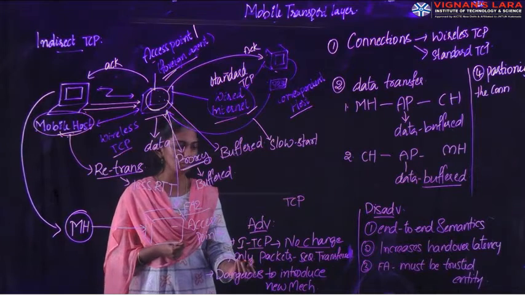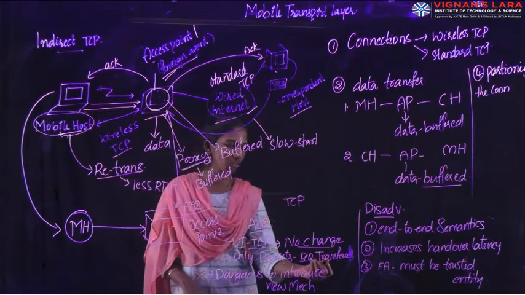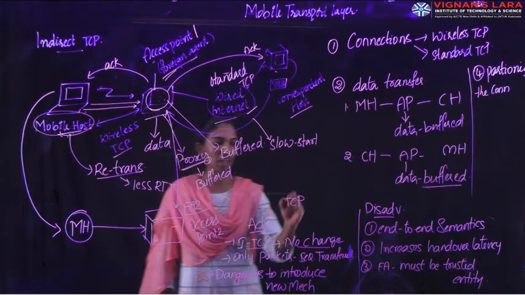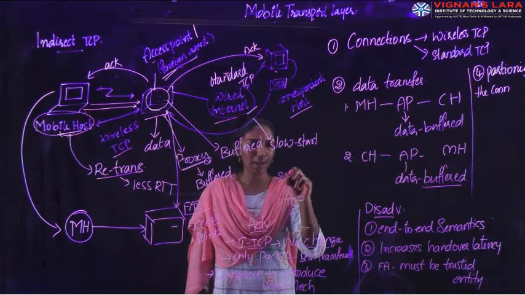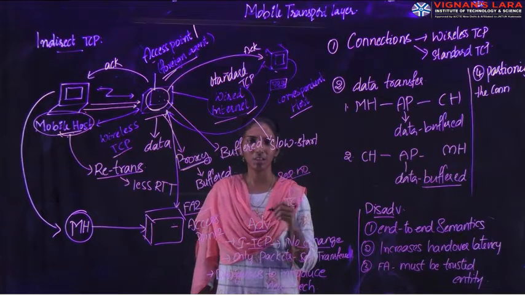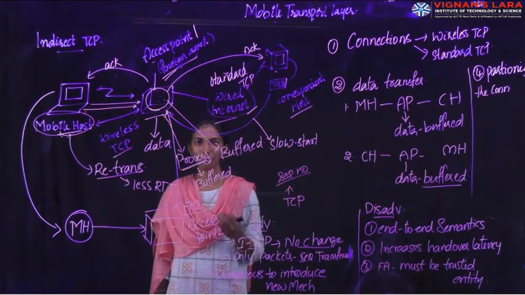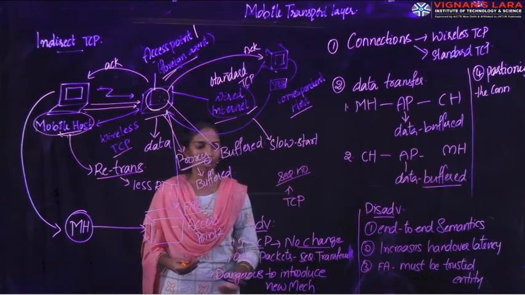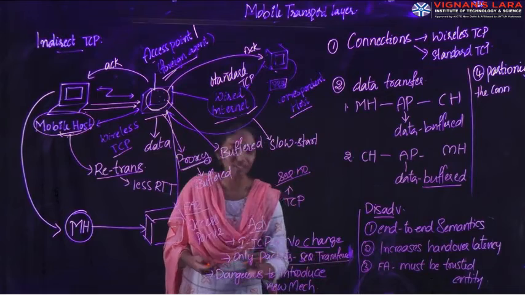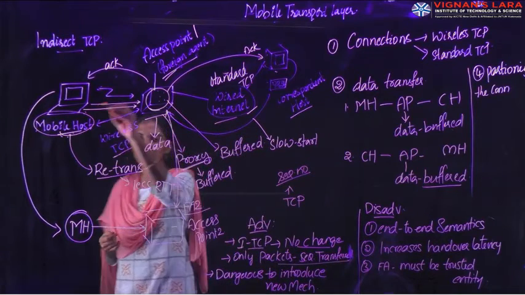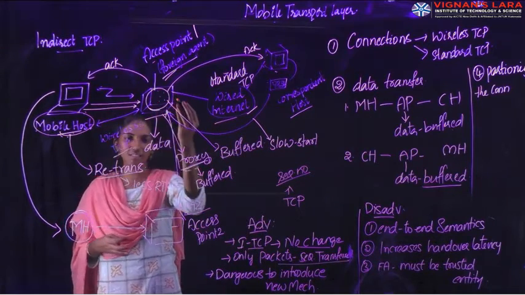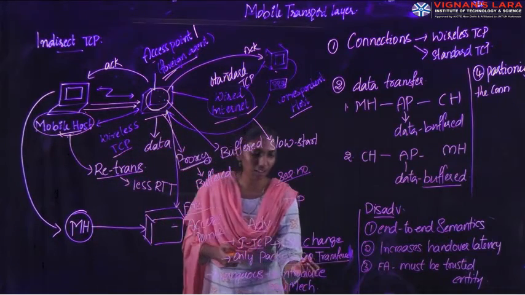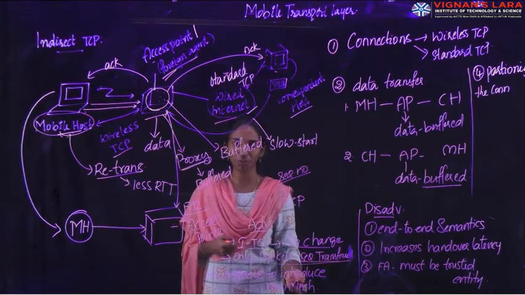Next, coming to the second advantage: only packets with sequence data are transferred. Why? Because TCP works with packets that have sequence numbers. That means it needs to identify which packets have been transferred till now and which need to get acknowledged. After getting the acknowledgement only, the next data gets transferred over the network. In the same way, only the packets that are in sequence get transferred over the network.